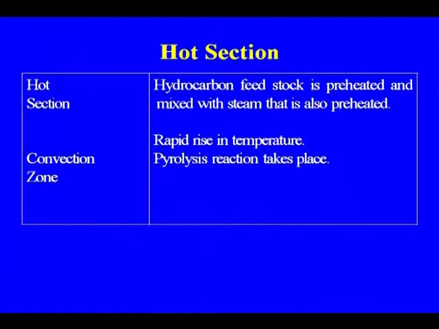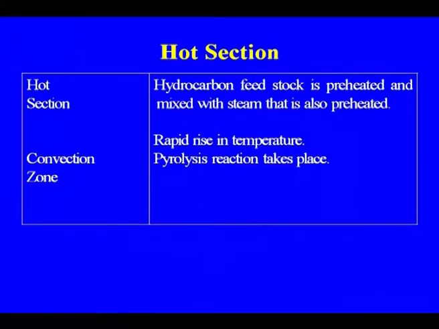Hot section: hydrocarbon feedstock is preheated and mixed with steam, which is also preheated. The hydrocarbon feedstock may be naphtha, ethane or propane, any of them. Even the new furnace started by Reliance is multi-feed, because normally